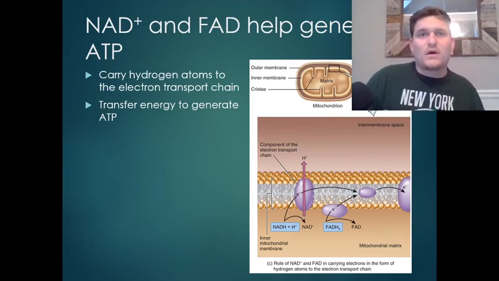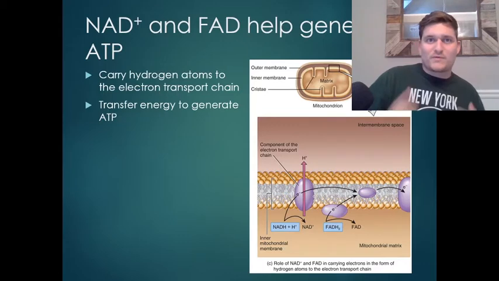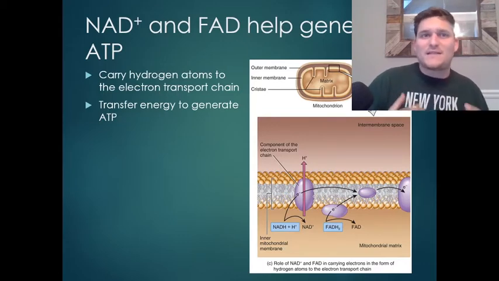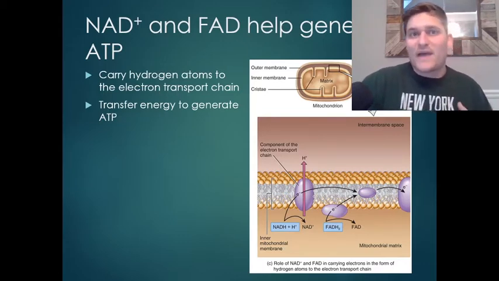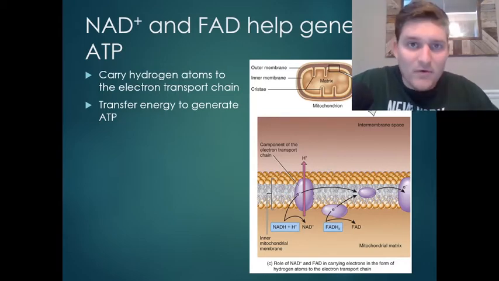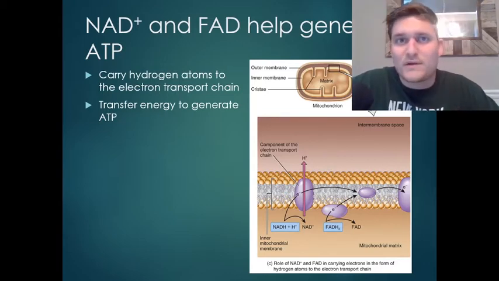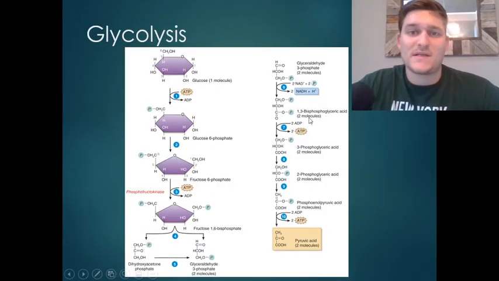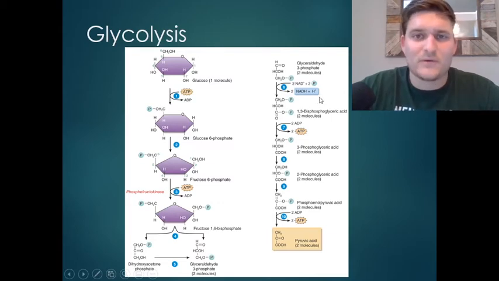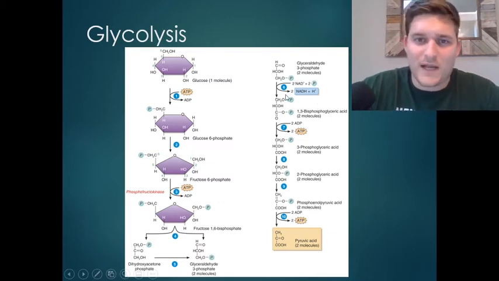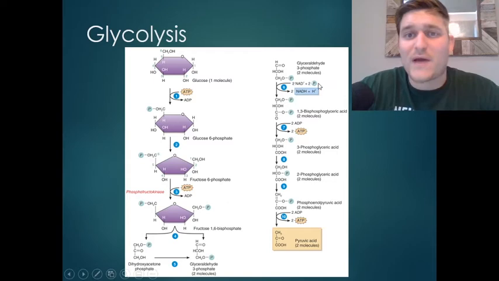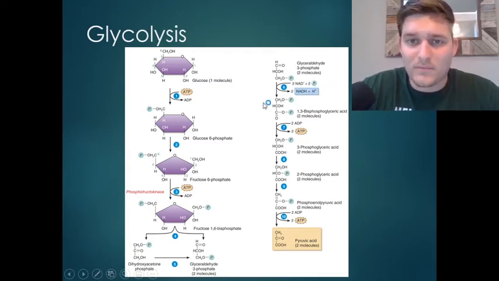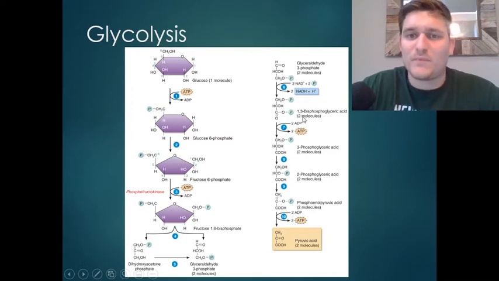But all along these reactions, we're going to see that a lot of this ATP yield is going to come from the fact that these electron carriers are going to transport all these electrons and all these hydrogen protons to the electron transport chain. So now going back to glycolysis, we're going to see that during this step, not only did we give those electron carriers some electrons, but we're also adding a phosphate to each one of these 3-carbon molecules. So now we're left with 2 molecules of